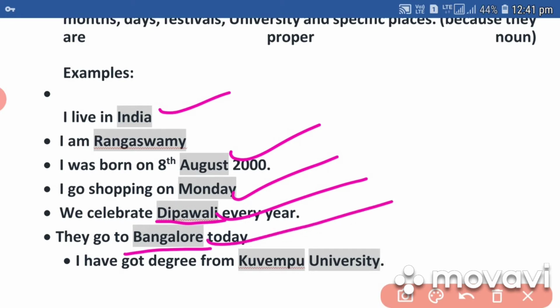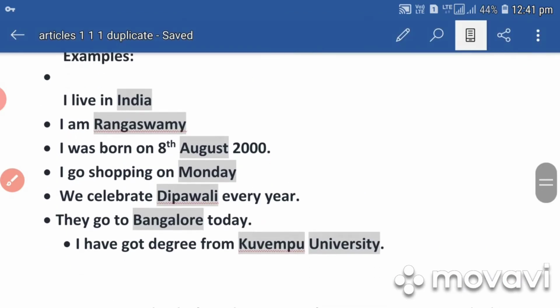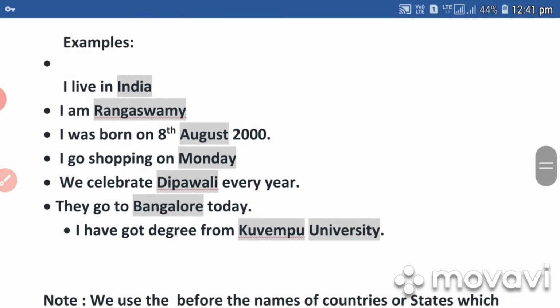You haven't used any article here, but here is also one more example. "I have got a degree from Kuvempu University." Okay, it's an education institution. Okay, now see, all these sentences are in a general sense, but